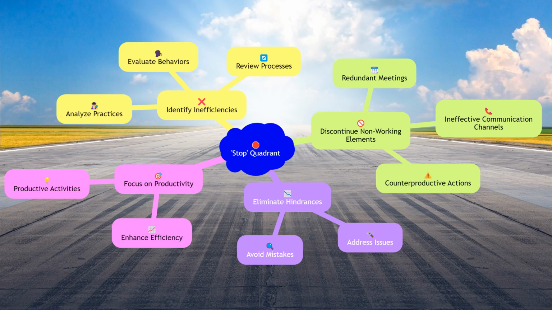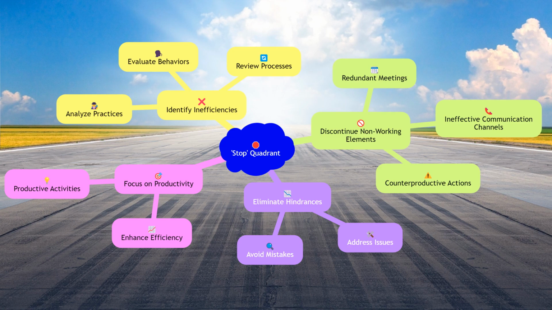The Stop quadrant is dedicated to identifying practices, behaviors, and processes that are not working and should be discontinued. This quadrant is essential for eliminating inefficiencies and addressing issues that hinder the team's progress. By clearly identifying what needs to stop, teams can avoid repeating mistakes and focus their efforts on more productive activities. Examples of items in this quadrant might include redundant meetings, ineffective communication channels, or any other actions that have been